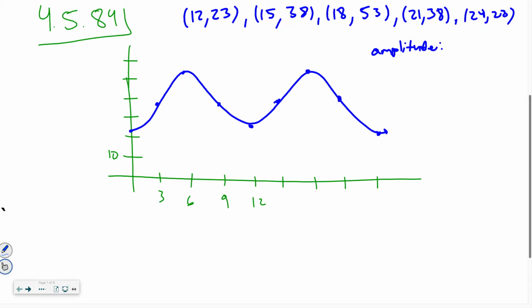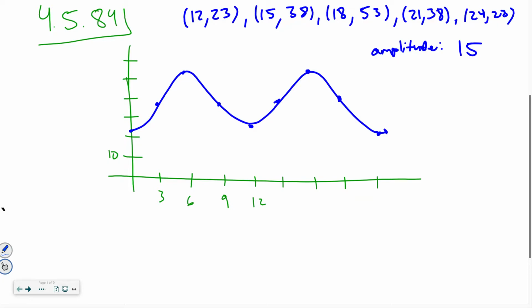Anyone, what's our amplitude on this? 15. Yeah, it is 15. In the problem, the hour hand is of length 15 inches, so that's why it's 15. But what we're really looking at here is